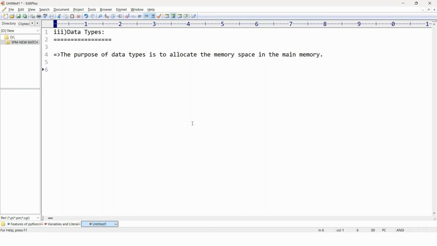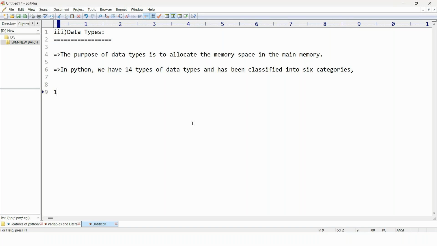Now we have 14 types of data types in Python, and they have been classified into 6 categories. Now what are these?